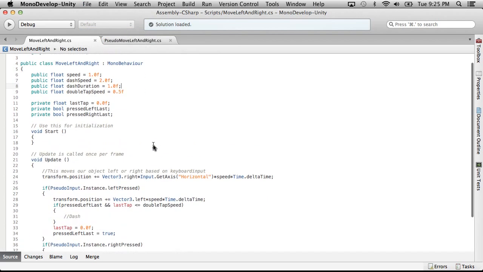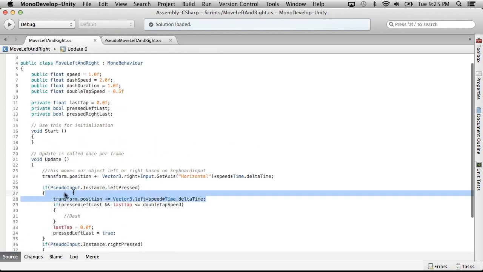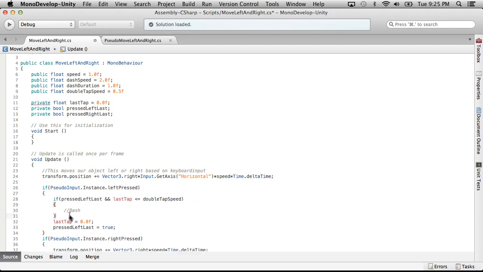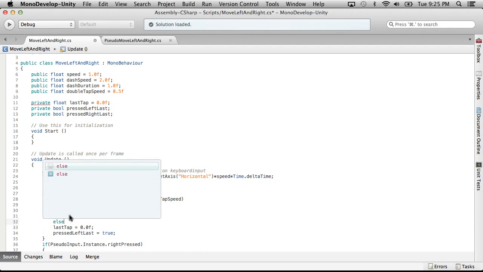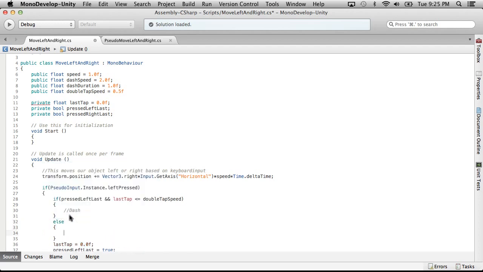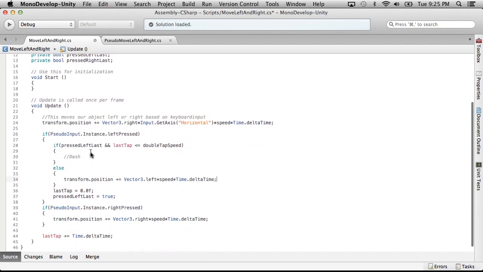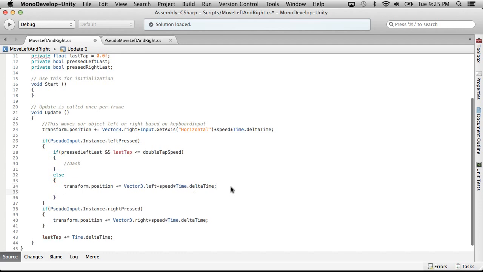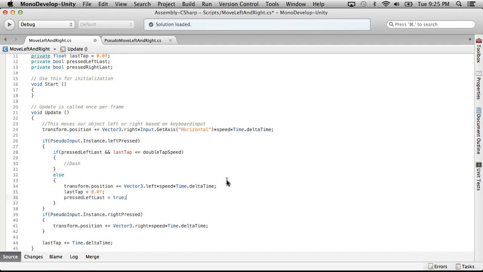So what we're going to do is we're going to do this if before we actually do the movement. So then we're going to dash in this scenario. Otherwise, we do this, and so we're dashing in that scenario, and then if we're not in that scenario, we're going to do pressedLeftLast equals true. Now the problem here is